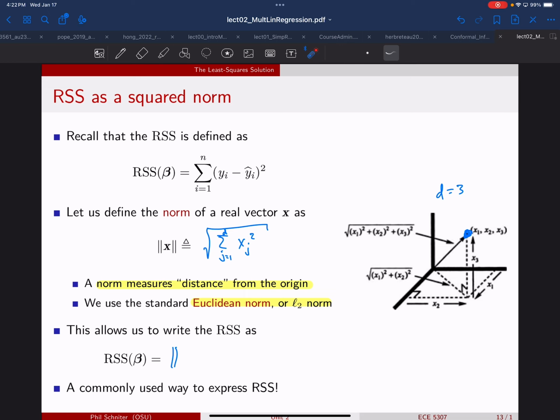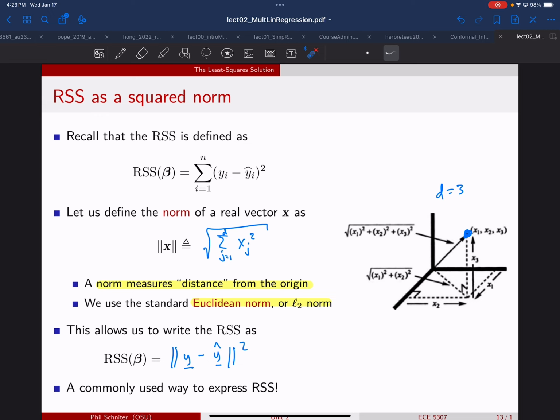Okay, so this is a more compact way than to use a sum. This is very frequently written this way. And yeah, it's concise. Once you're familiar with norms and you see this, you immediately understand it in a way that is a little more complicated if you look at the sum. There's just more going on. Okay, any questions on